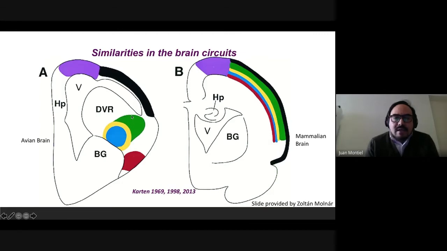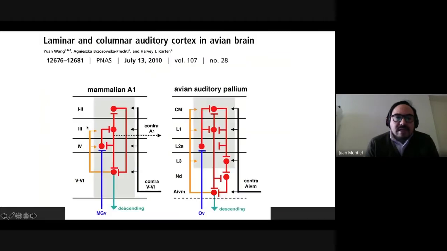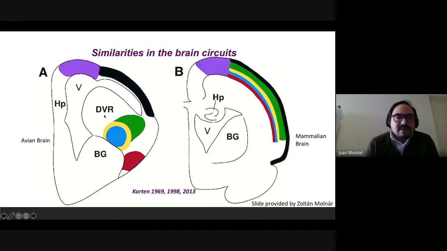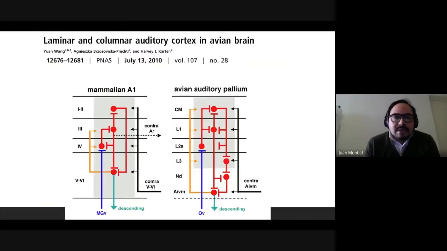And what avian brains and reptilian brains have is a huge mass of cells protruding to the lateral ventricle, which is called the dorsal ventricular ridge. Professor Karten observed some similarities between the cells in the dorsal ventricular ridge and in the mammalian brain. And this similarity is also at the level of connectivity. For example, here we can see some laminar columnar auditory cortex in the avian brain at the right side. And this connectivity is very similar to the organization of the connectivity